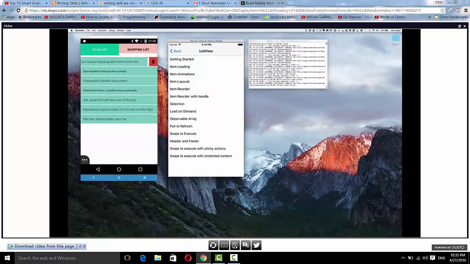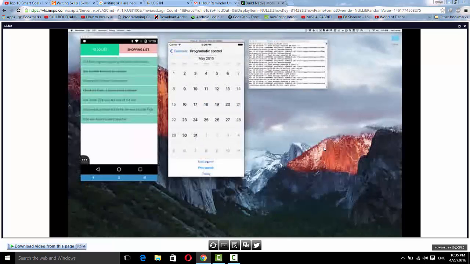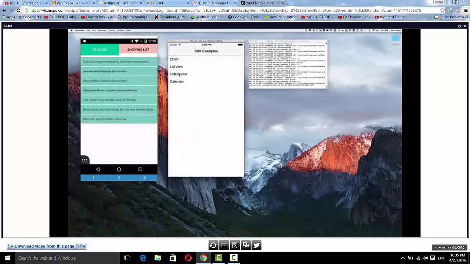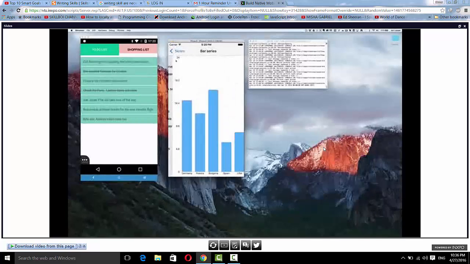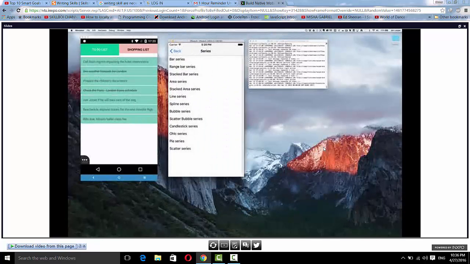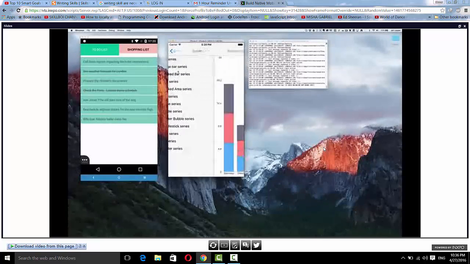Here are some different ways you can swipe right and left to delete or to have other events happen. The calendar is a paid component, and it has a lot of interesting ways to handle events and navigation. And finally, my personal favorite, the charting capabilities are just amazing, and you can see those in both of these